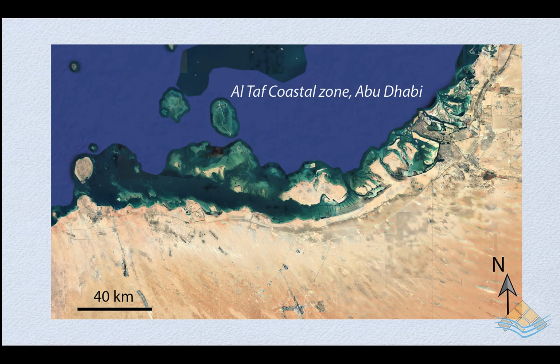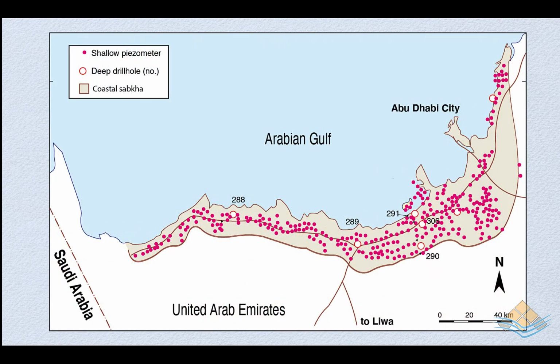So this is the Trucial Coast, the Al-Tat Coast, and this is showing you the density of the shallow piezometer nests, the solid red circles that they placed across the Sabkha, as well as some deep drill holes which intersected all the way down into the underlying tertiary succession below the Sabkha. So you can see quite clearly that this is a very rich set of data on which they based their